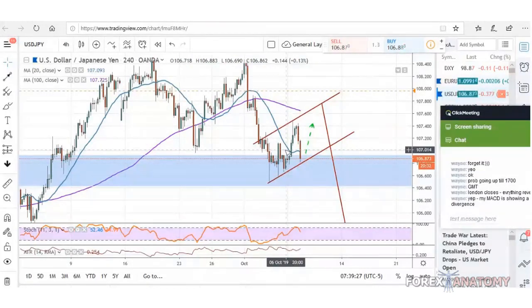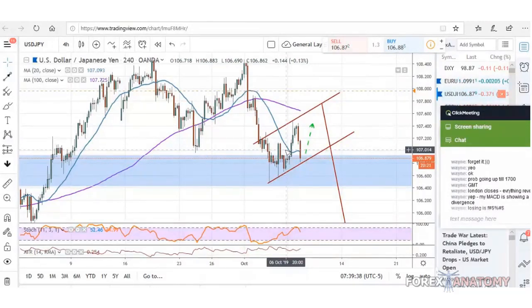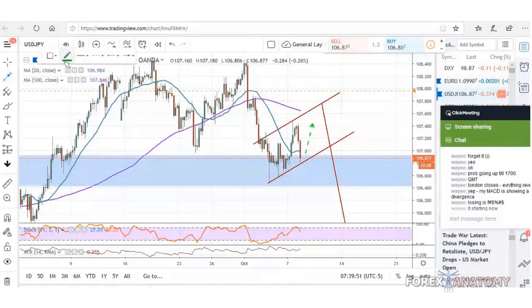Right now I'm not too confident on what's going to happen. But if I was to pick a side, based on the long-term macro view, based on what we see from the daily, I'm expecting this to push higher. But when will it push higher? I don't know. Now, if we do get a break to the downside, let me just draw this in,